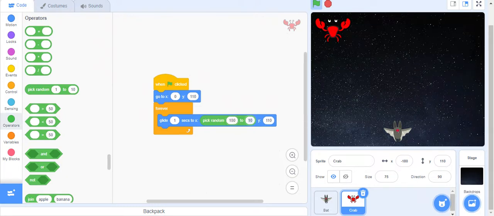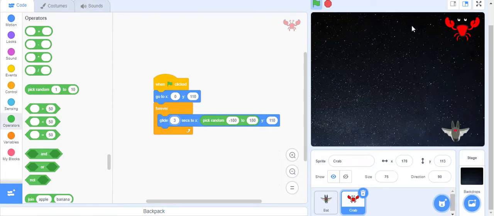180 to -180. So right now it's minus. Okay, then keep this -180 to 180, because right now it's at -180. When you drag the crab to the other side of the screen, see it's really close to 180. But glide 1 second is not so much. If you're moving the bat here, then the crab should actually follow the bat. It should not just go random, or it'll just stay here and the bat will stay here the entire time. So instead of glide,